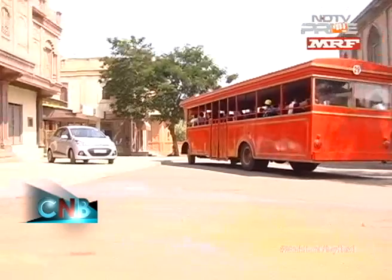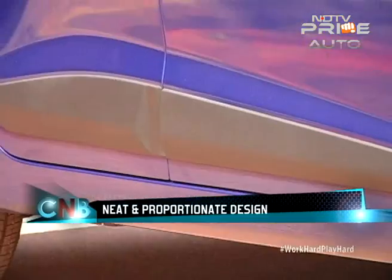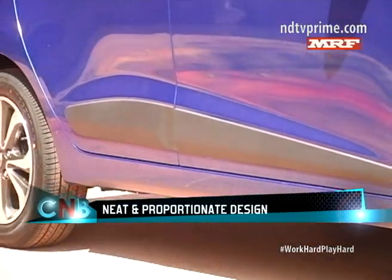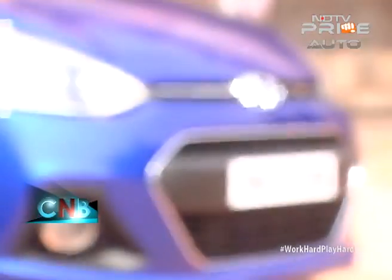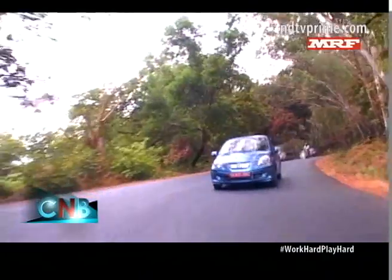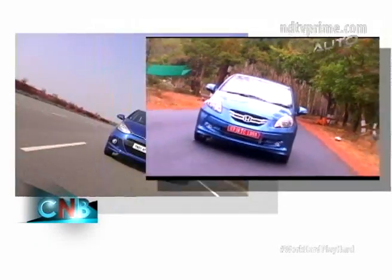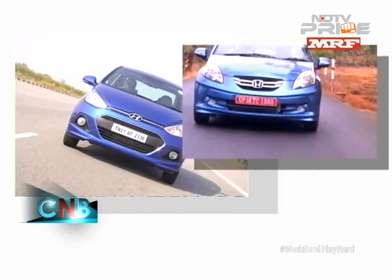It's proportionate and pretty neat, especially given the constraints we all know about when designing a good-looking sub-4-meter sedan. But somehow it doesn't look as stylish as the Honda Amaze. It does have a similar issue like the Amaze though, and that is that the face is way too much